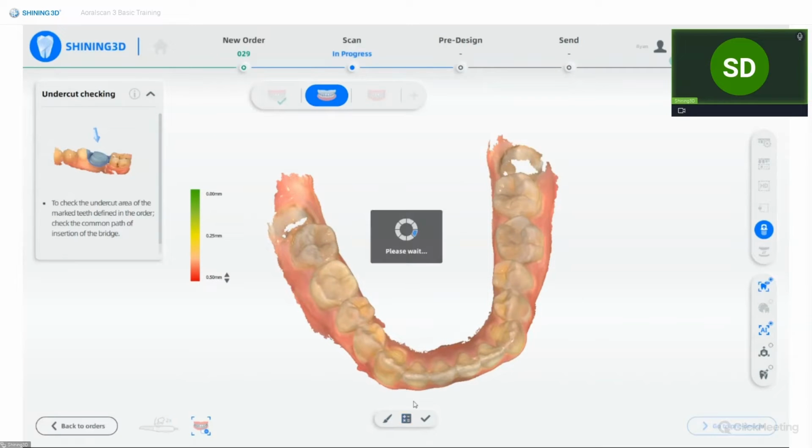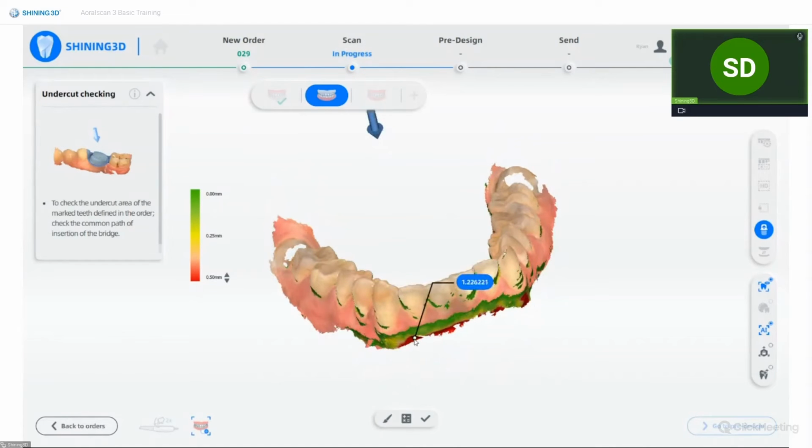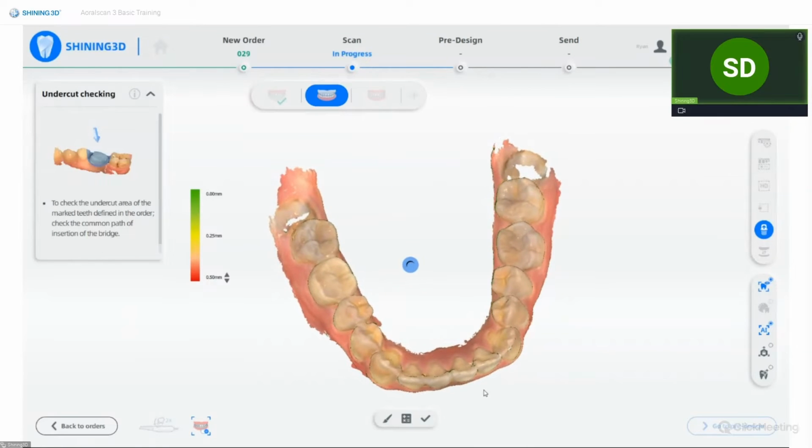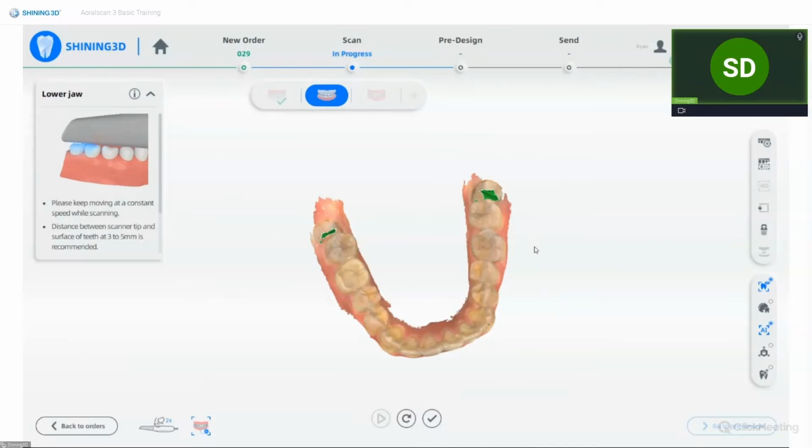So it's quite useful when the doctor is doing the tooth preparation. If they find that they have some undercut area, so the red area indicates the deeper undercut, they can redo the preparation and so save the time for both the patient and the doctors. So just click exit. So right now the upper jaw and the lower jaw scans are finished. Next we can go to the